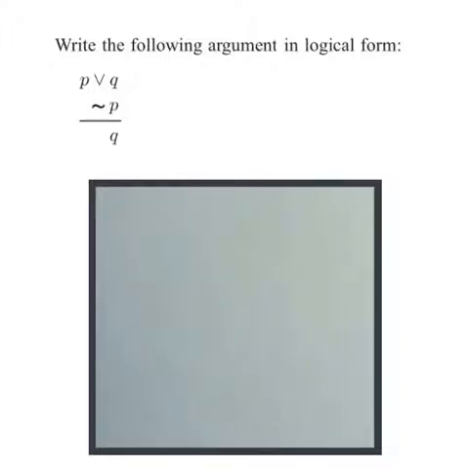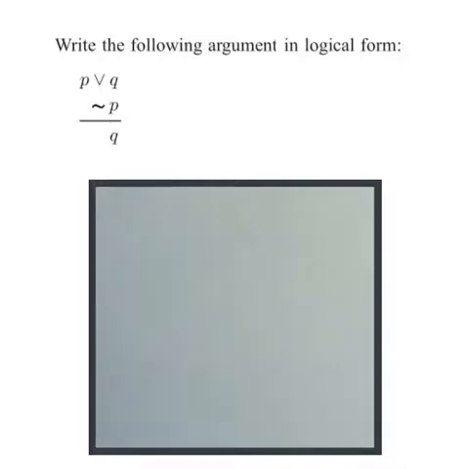Write the following argument in logical form. It says P or Q, the disjunction of P and Q, and then you've got the negation of P, not P, and then you've got therefore Q. So if you think of